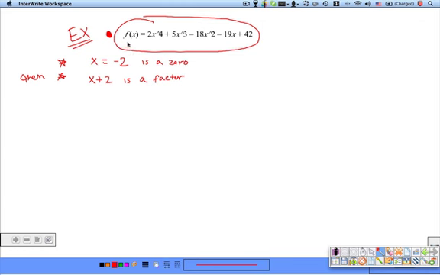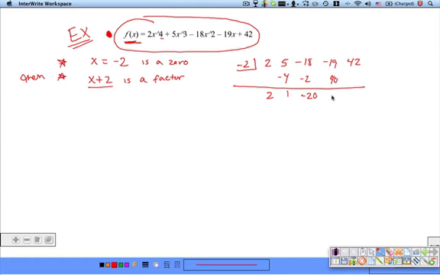So think about this. Here's the function. X plus 2 is a factor of this function. Okay, so we got one factor down. It's to the 4th power, so probably got 3 more, but maybe not. Alright, so since we know that's a factor of this, just like you did the other day, you're going to divide. So put the -2 in the box, because that's your 0, and then let's do the work. 2, 5, -18, -19, 42, 2, -4, 1, -2, add them up, -20,